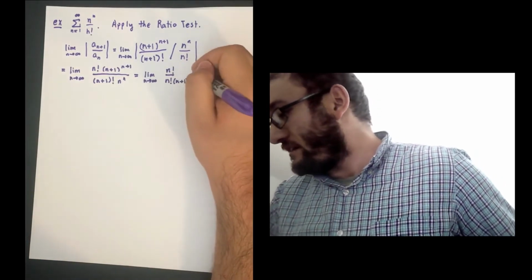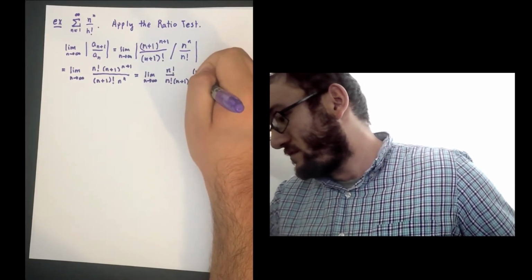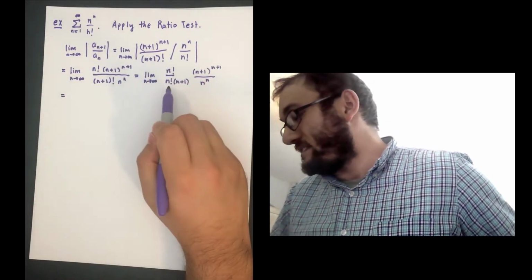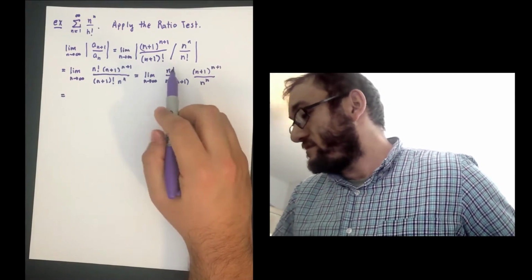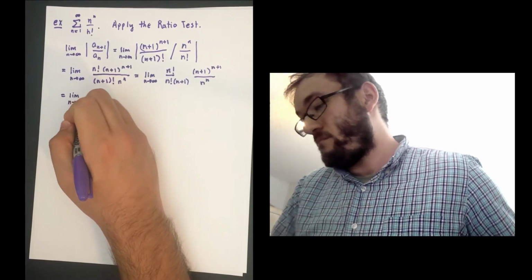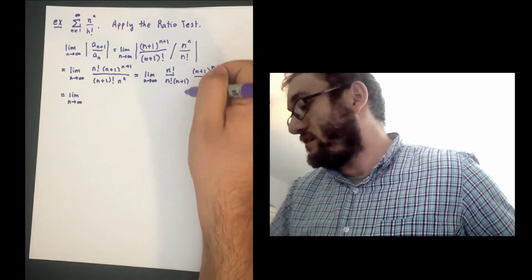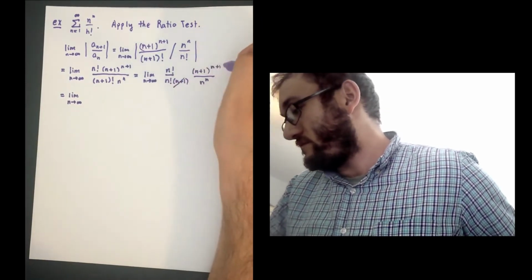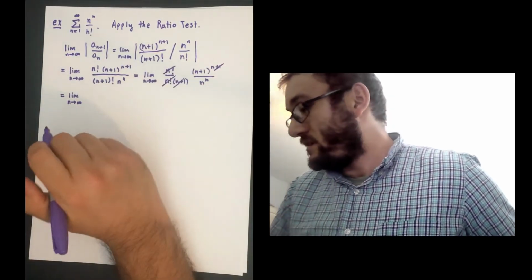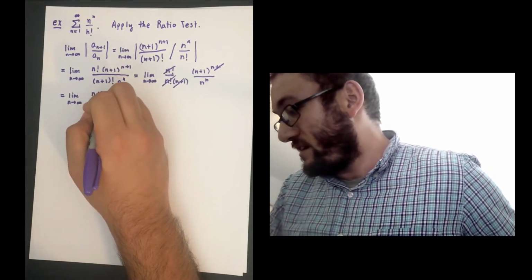And then over here, I'll carry over the same thing. Okay. So I get cancellation of the n factorials. And I can also cancel one factor of the n plus 1. I'll do that here. Cancel this and cancel that. Cancel this, cancel that. And we're left with the limit as n goes to infinity of n plus 1